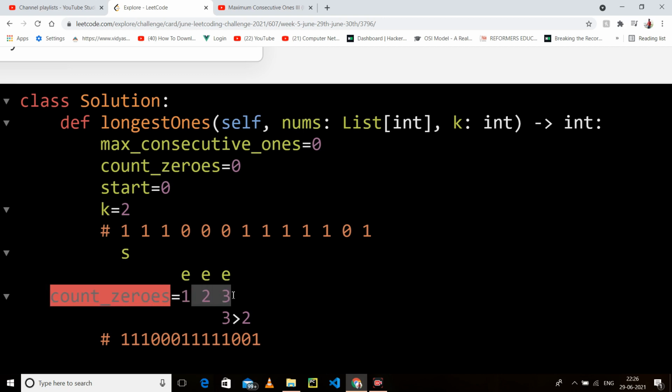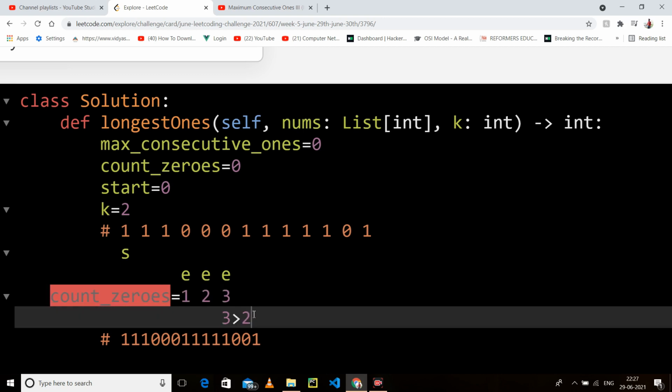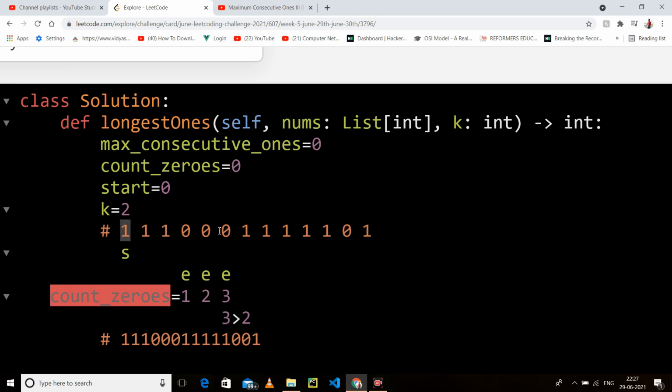So here count is 3 and k is 2, so it exceeds. So first our start is this and the end is this. We have to increase start as well, because we have to maintain a window size of length 5.